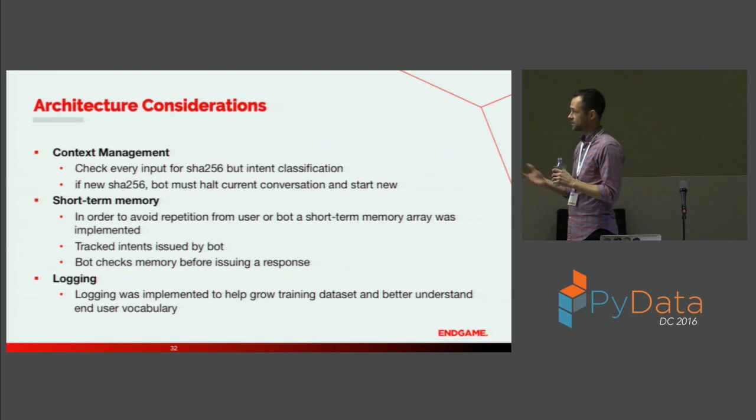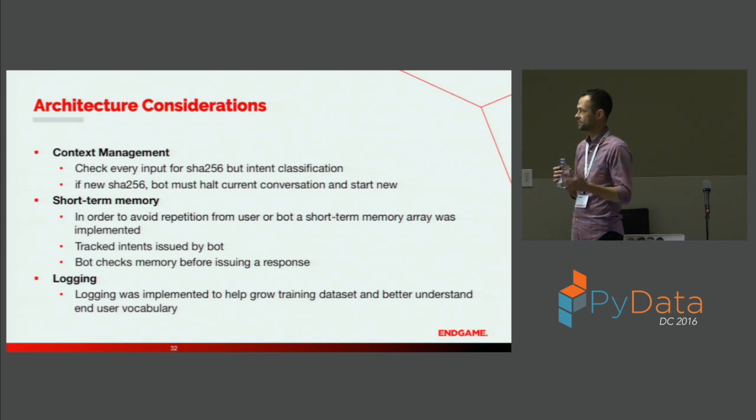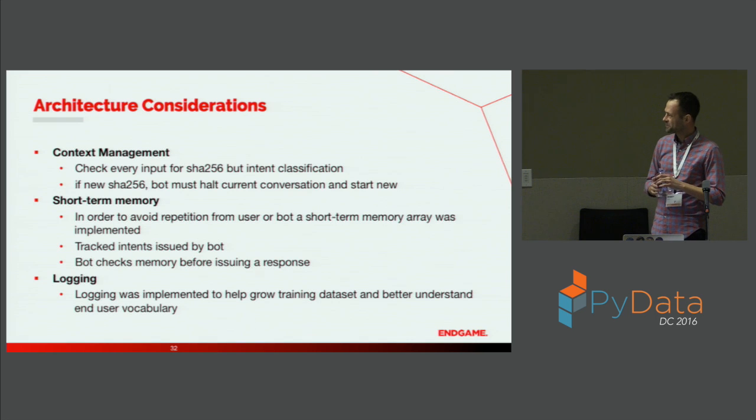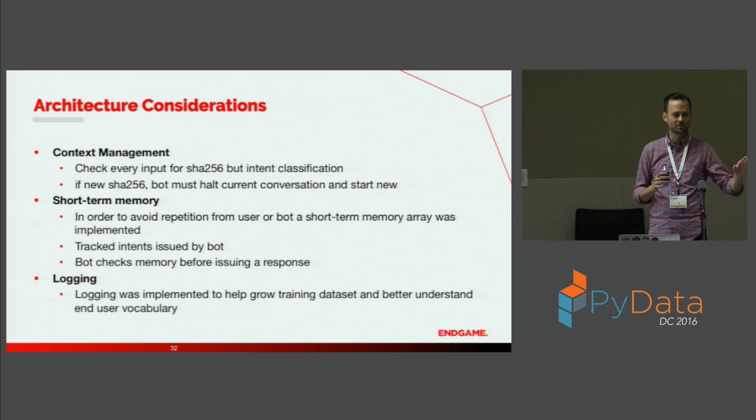So architecture considerations, I've more or less touched on a lot of these. Context management is by far the most important thing because that just allows the user and the bot itself to be on the same playing field and know what they're talking about. I added short-term memory because I work for a cybersecurity company and they like to break everything. Even harmless entities like Malbot came under duress almost immediately. So I created short-term memory to basically say, if you're going to keep asking the same question, I'm going to direct you to something else.